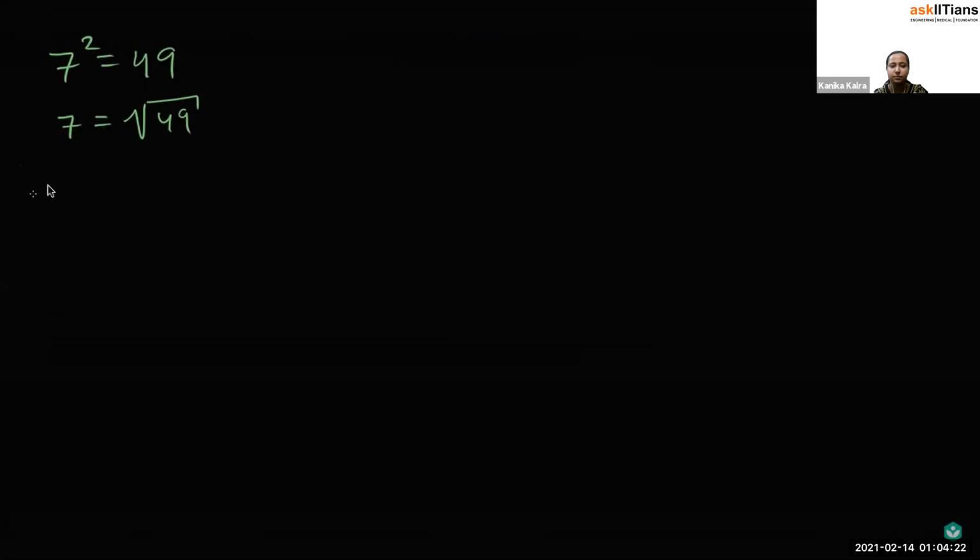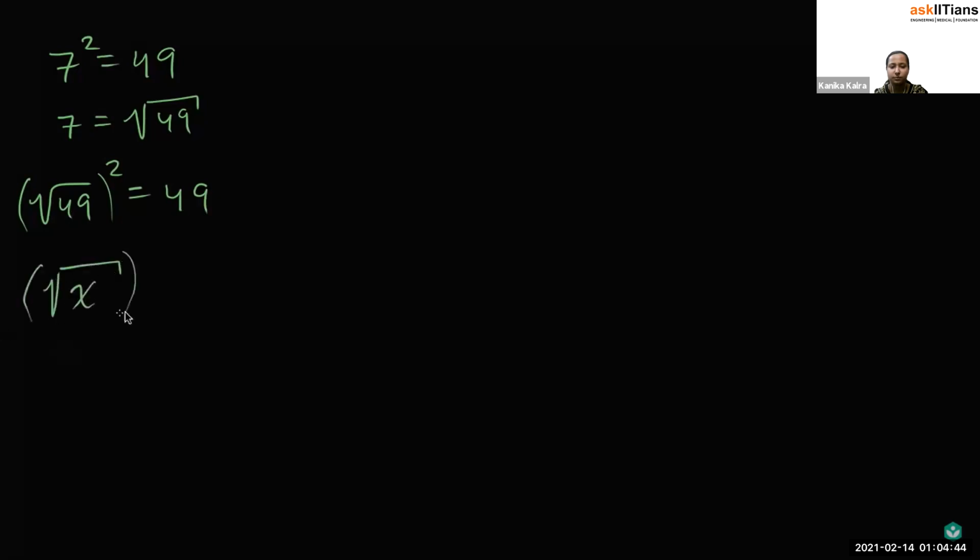We could write the square root of 49. So this is whatever number times itself is equal to 49. If I multiply that number times itself, if I square it, well, I'm going to get 49. And that's going to be true for any number, not just 49. If I write the square root of x, and if I were to square it, that's going to be equal to x. And that's going to be true for any x for which we can evaluate the square root, evaluate